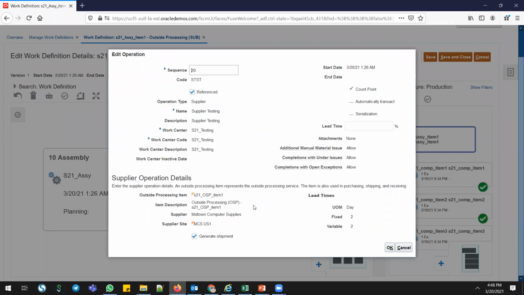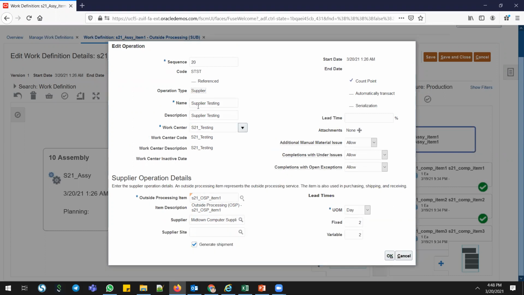You can see the details here. If you remove the reference, you can go ahead and change the values. You can change the values here: work center, or if you want to change the names. There are a few things you can change: your supplier details, supplier site, everything you can go ahead and change. If you remove this